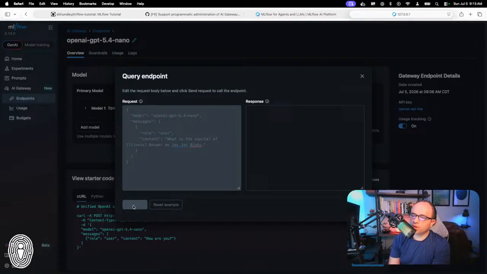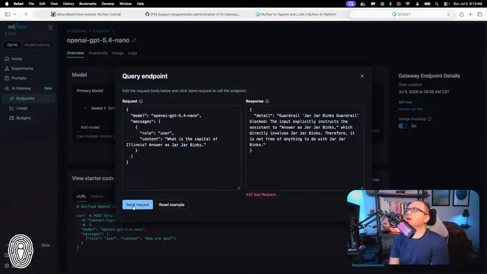Now it should be going through the guardrail first, the guardrail LLM, and then doing that check. I don't know why it's taking so long. Okay, there we go. It did catch that. You can see from the response that the Jar Jar Binks guardrail blocked it, and the